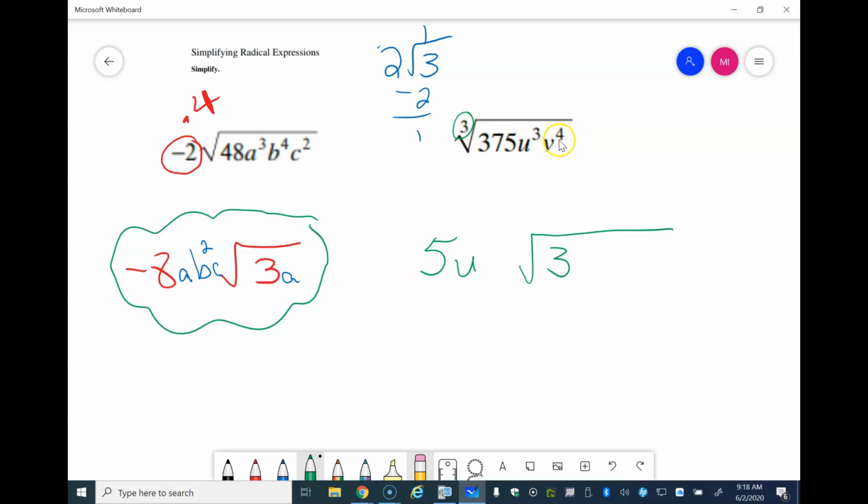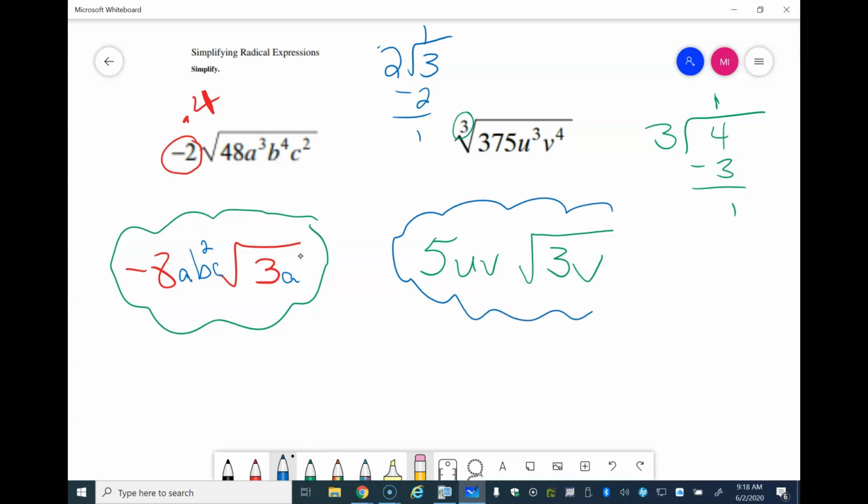However, 3 goes into 4. So we just do 3 goes into 4 one time. So we have 3, remainder of 1. So here I'm going to have a V and then a V left on the inside here. So this is going to be my final answer for